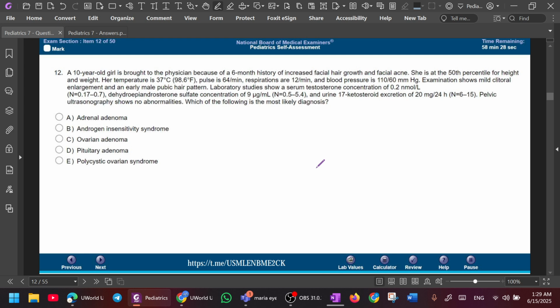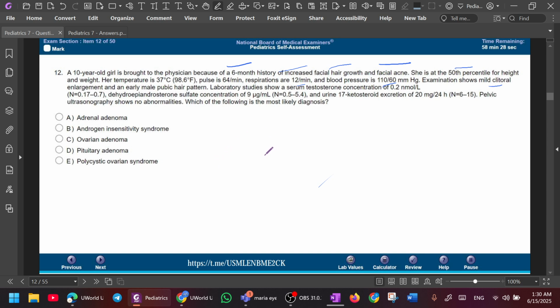A 10-year-old girl is brought to the physician because of a 6-month history of increased facial hair growth and facial acne. She is at the 50th percentile for height and weight. Her temperature is 37 degrees Celsius. Pulse is 64 per minute. Respiration is 12 per minute. Blood pressure is 110 by 60. Examination shows